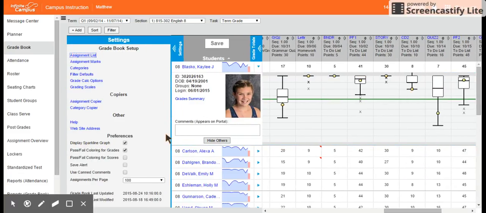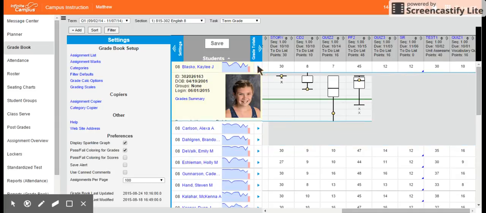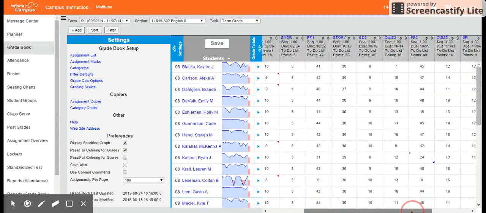And to actually get these on, they won't show up on your screen right away. If you look down at preferences, you can select to have that sparkline graph show up next to the student. You can also click on where it says pass fail coloring for coloring grades. That's just where it's showing their grade total,